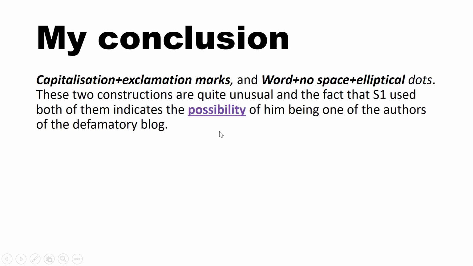Coming back to the linguistic fingerprint we had earlier, it's very difficult. Like I said, this is not DNA, this is not blood splatter analysis. It's very difficult to say with absolute certainty with languages. So I put it in as suspect 1 was possibly one of the authors of the defamatory blog. And I think Graham was quite happy with that analysis. So I'd like to move on from that.